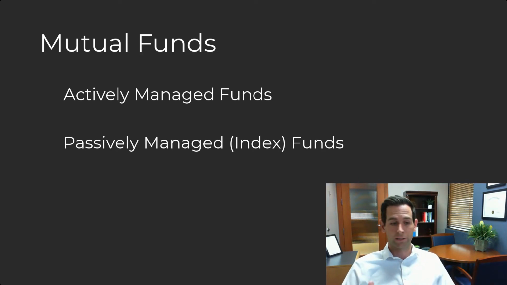When the index goes up, your investments go up. When the index goes down, you follow the index and it also goes down. Actively managed funds tend to have higher expense ratios than index funds do. And again, with performance, sometimes active outperforms and sometimes index will outperform. It just depends on the company and the type of investment you're choosing.